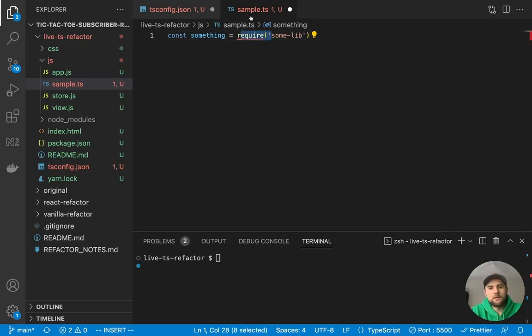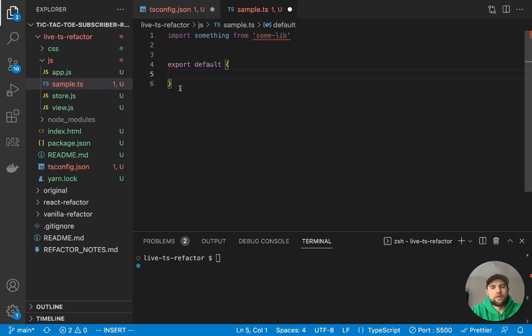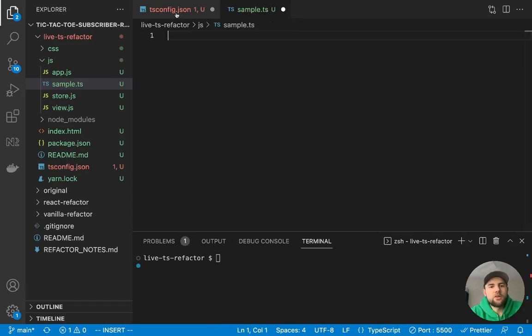So the require syntax, and also module.exports at the bottom of your file, this is all going to be CommonJS syntax. Now, if we do ES6, once again, it's import something from some lib, and then you can come down and export some object or export default, and this will export things from your file, which is one-to-one with a module. So that's what that is talking about.